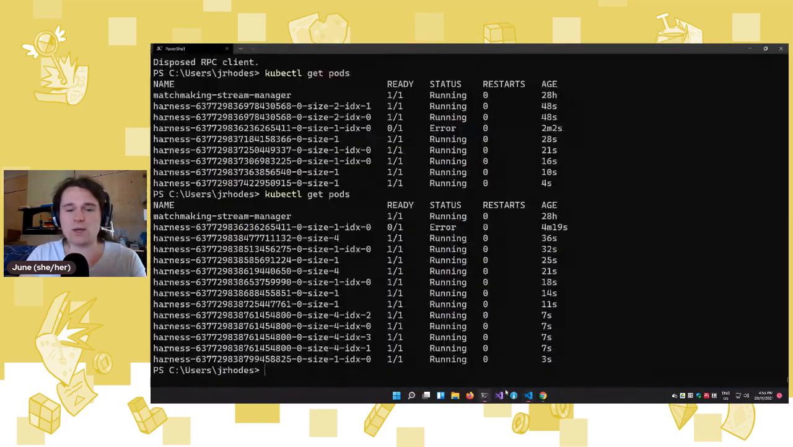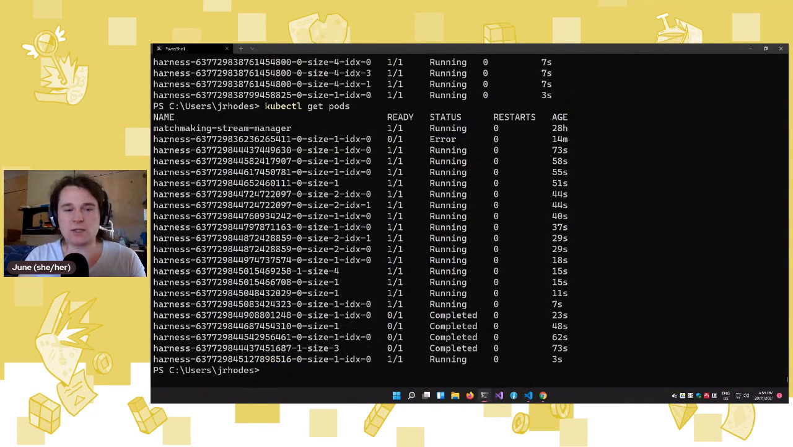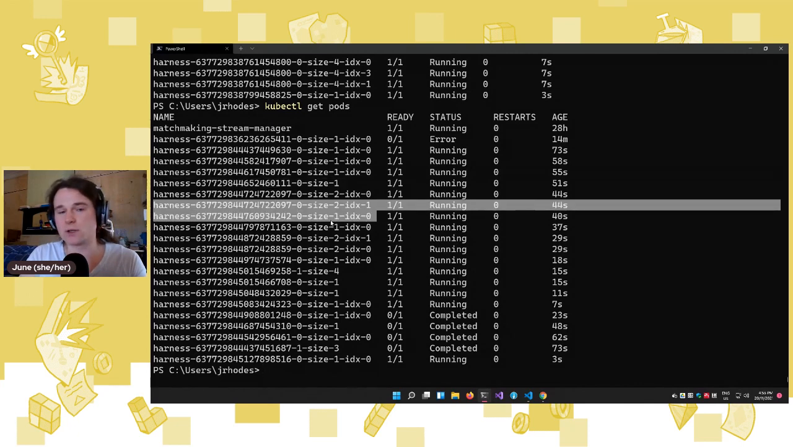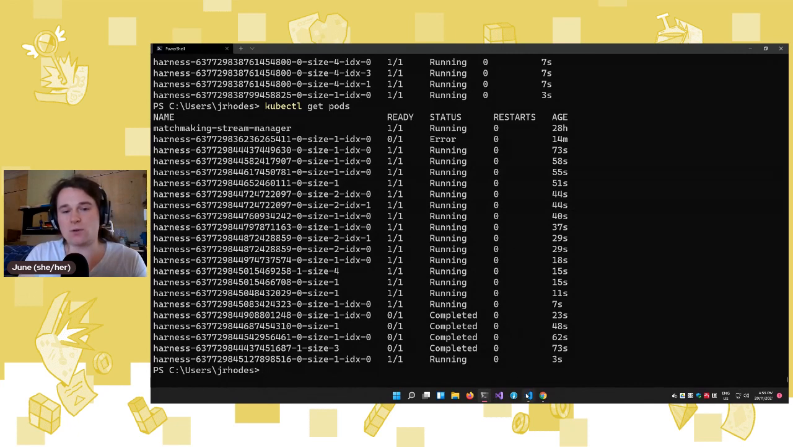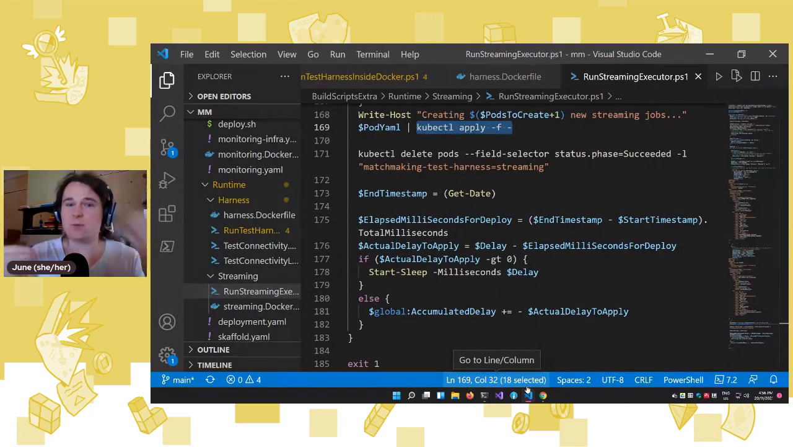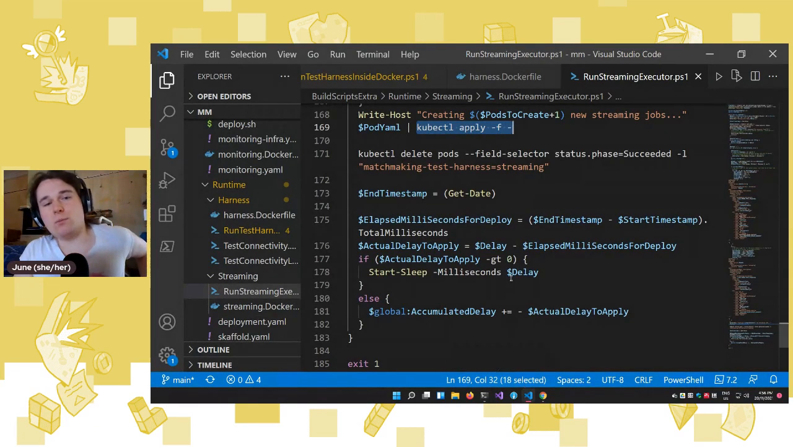So what you get is, if we look at the Kubernetes cluster, we can see that here's the stream pod that has that script sitting there in a cycle, and here's all of the pods that it's launching, the test harness things, and these are running all of our Unreal Engine clients. So that's how we spin up all the clients, and then on the actual monitoring side, we have